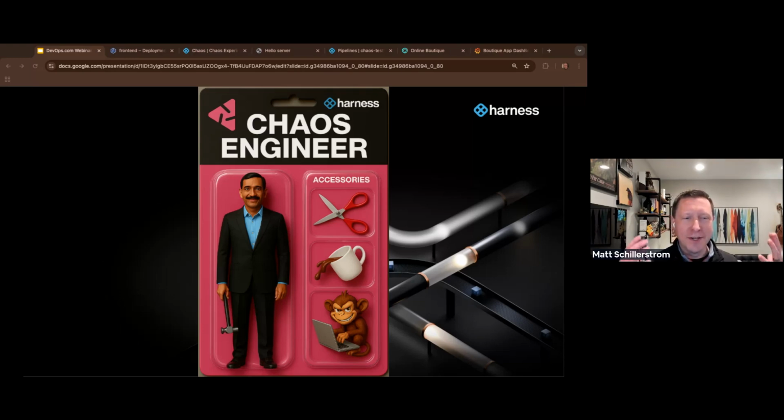It comes with accessories, like a hammer to break things, scissors to clip network cables to cause network outages, coffee to spill on a server, and our friend, the little chaos monkey in the bottom right-hand corner. So hope you get a kick out of that.